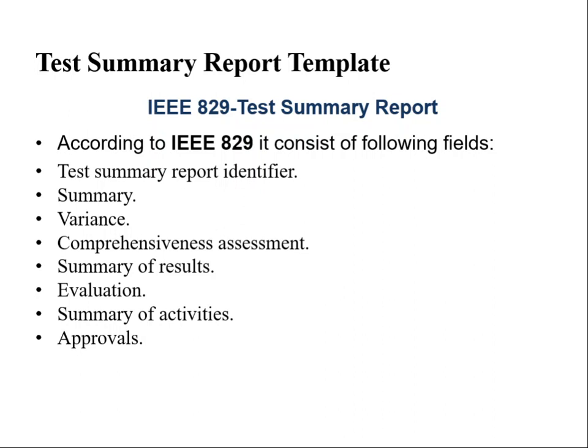The next field of test summary report template is summary. In this section, you can mention summary of all testing activities that were part of testing. Team members then quickly use this section to gather information about test design specification, test cases, test procedure, test environmental, etc. The next field of test summary report is variance.